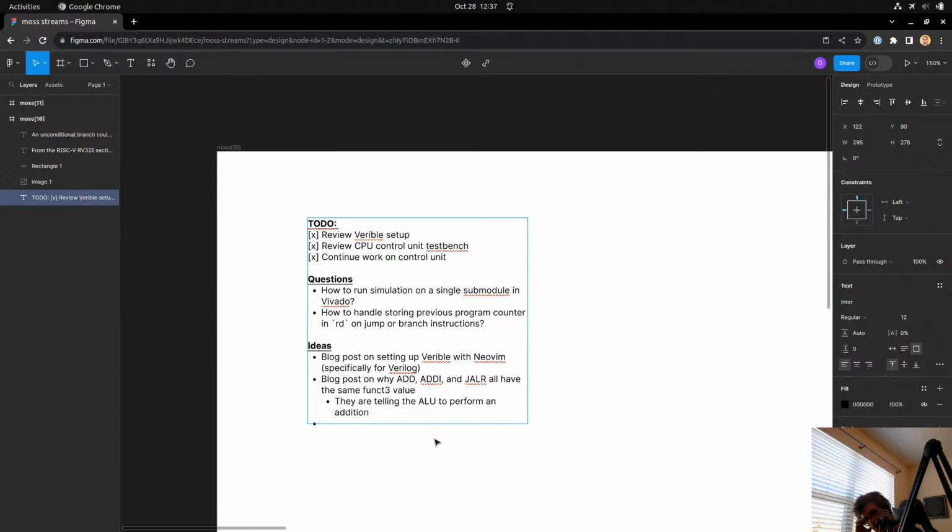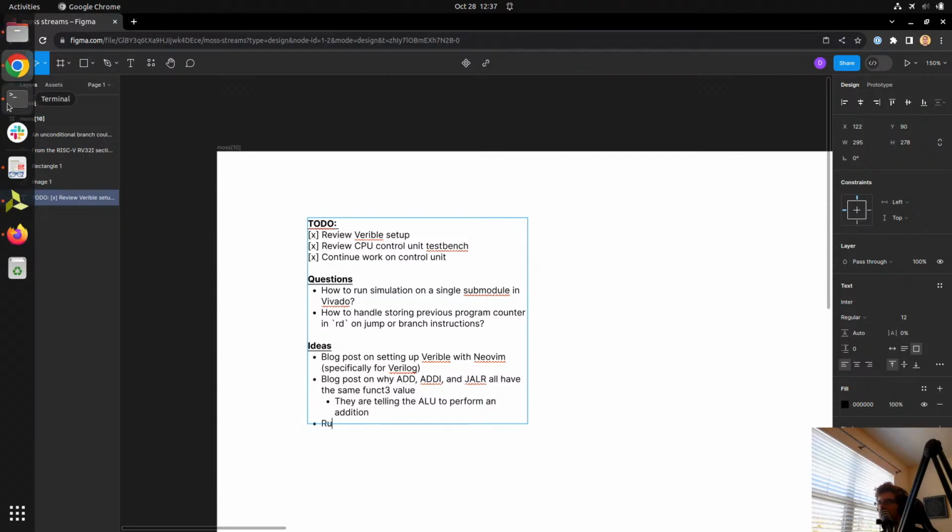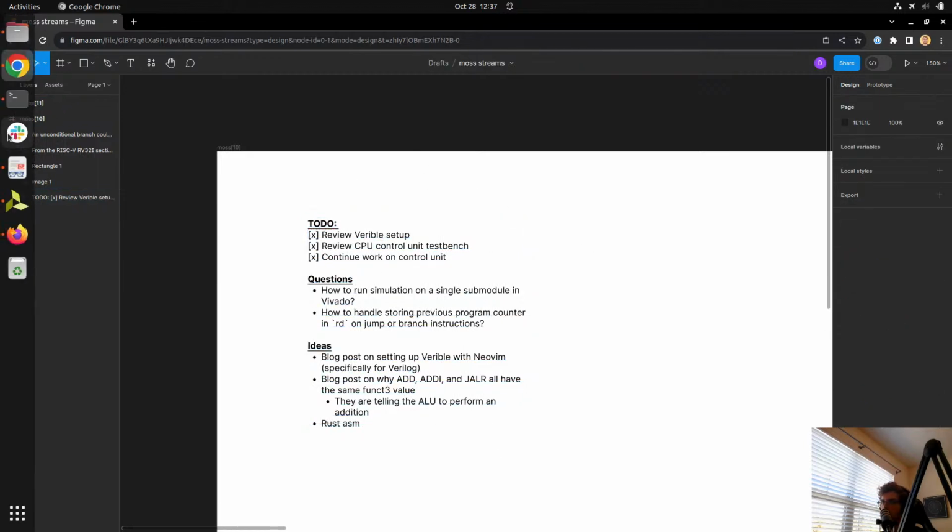For next time, maybe we will test out using Rust assembly, and then we'll go from there.